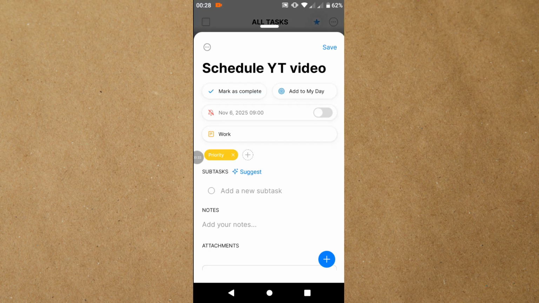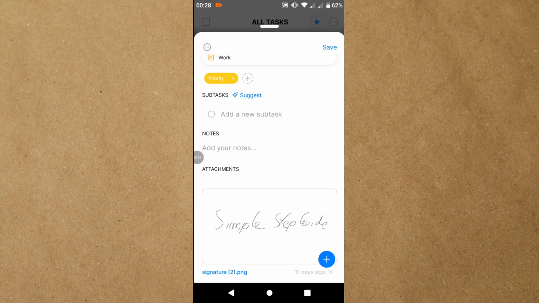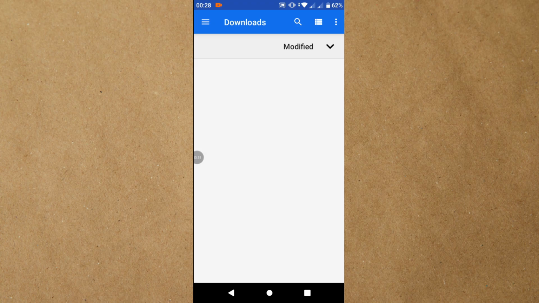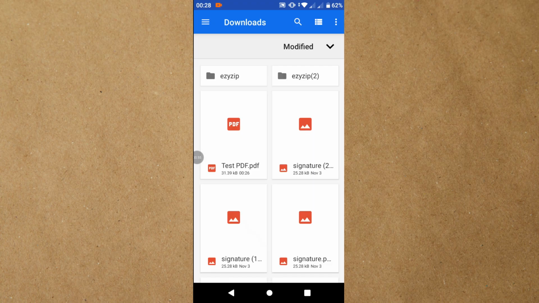So inside that window, guys, what you want to do is navigate to attachments or swipe down till you get to the attachment section. And from here, simply tap into that plus button in the bottom right corner. After that, select your source like camera, gallery, record video, voice note, or browse. Let me go with browse for the sake of this tutorial,